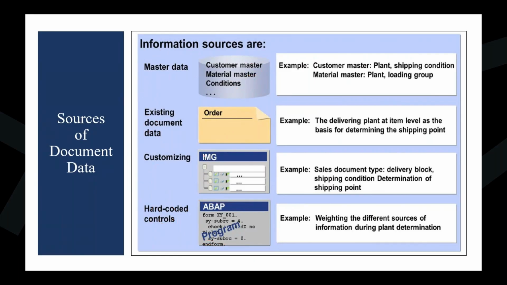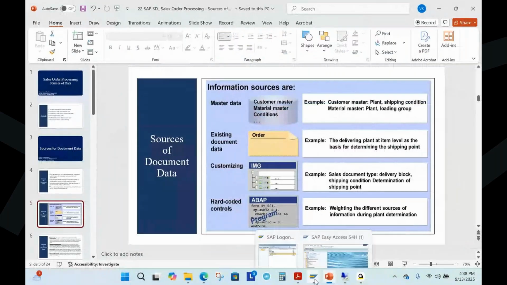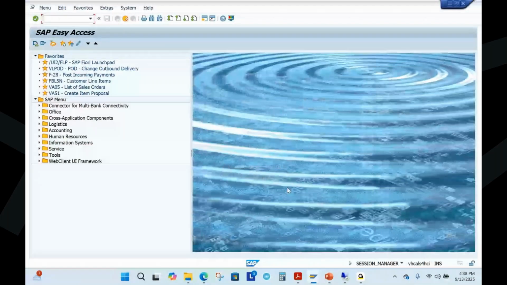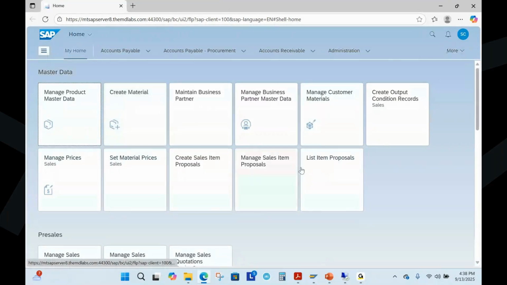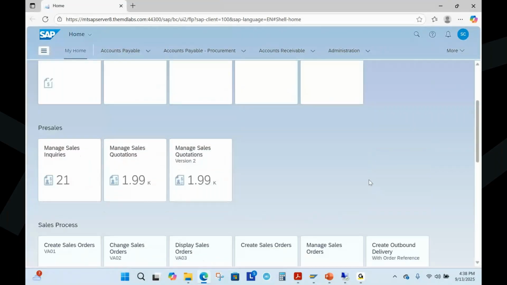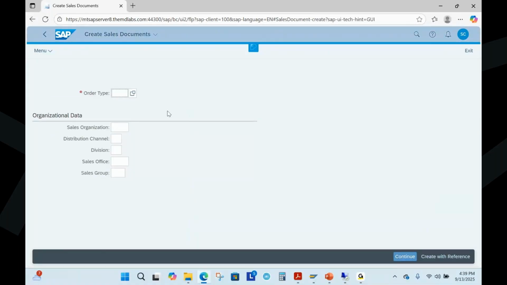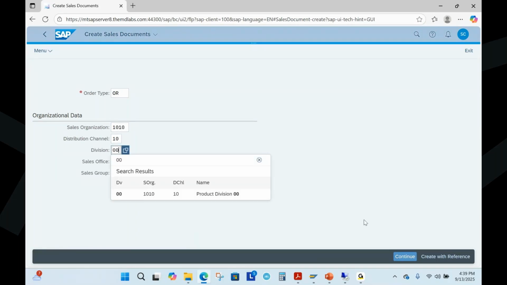Let me first go to the system. I'm in the system now. Let me go to Fiori. I'm in Fiori now. Suppose let's create a sales order. I'm creating a sales order. I'll enter the order type or document type, sales org, distribution channel 10, division 00. Now if I click on continue,